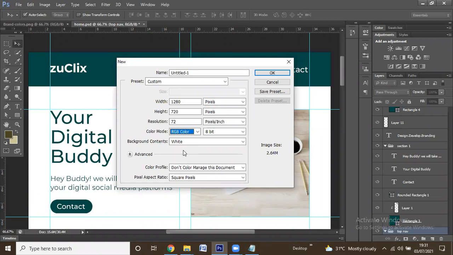For example, you are going to give one advertisement in paper. Then you should not go for RGB color mode. You should go for CMYK. Like that, you can use the color mode. Grayscale has one special use, and there are lab color and bitmap, like that. So what I'm using is RGB for digital things and CMYK for print kind of things.